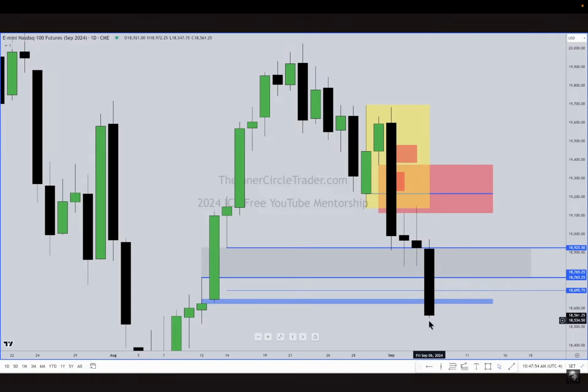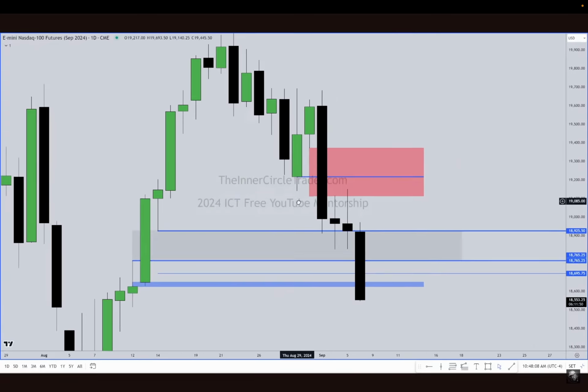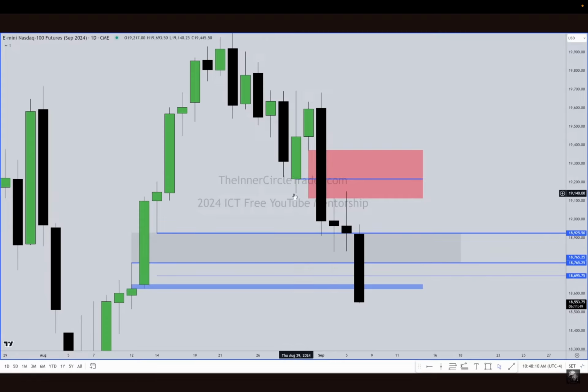All right, so anyway, all this business here, we are not looking for that to trade up into these inefficiencies. They should stay open. So in reality, what we're saying is this candlestick's low and this candlestick's high. That's your real fair value gap. That's it right there. Now, let's think about this for a moment, okay? If that's your fair value gap,